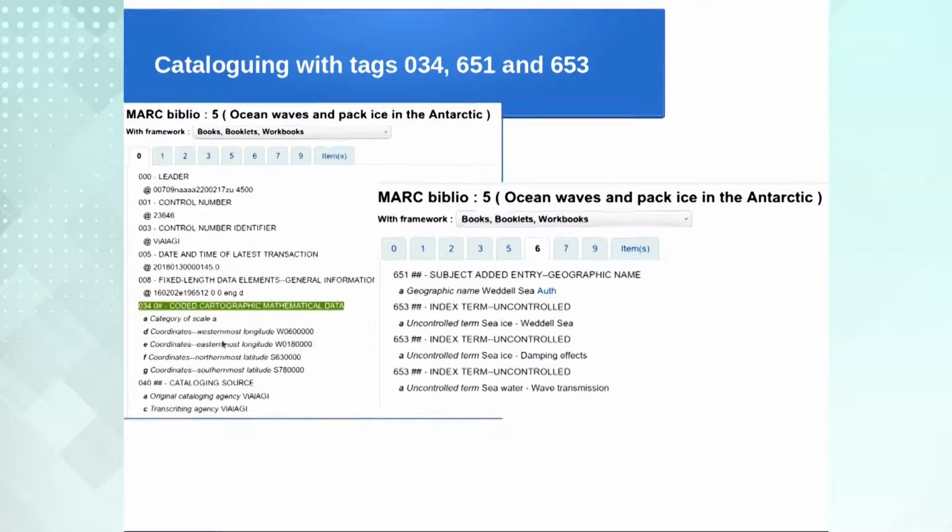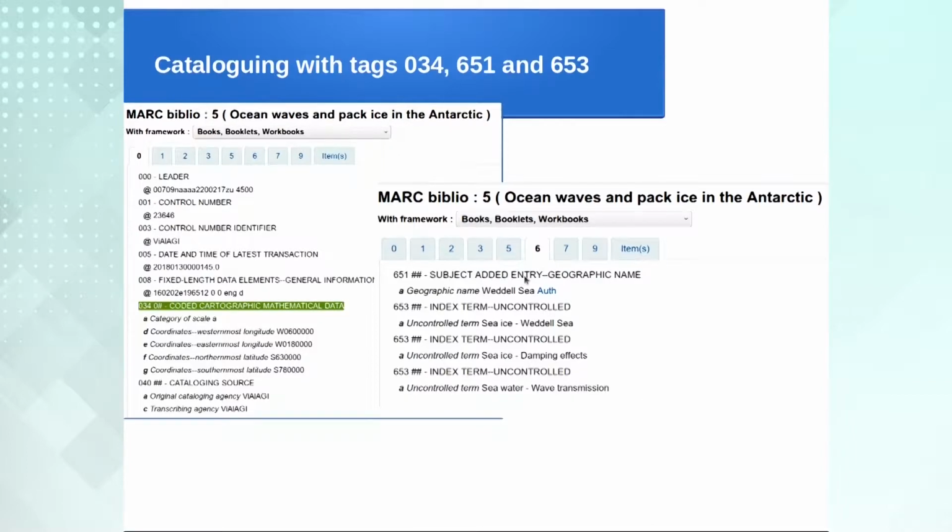Then subfield D, westernmost longitude, so this is the value. Then subfield E, easternmost longitude, this is the value. Subfield F, northernmost latitude, and subfield G, southernmost latitude. So these values we need to collect against a particular space, and enter inside the MARC data set.